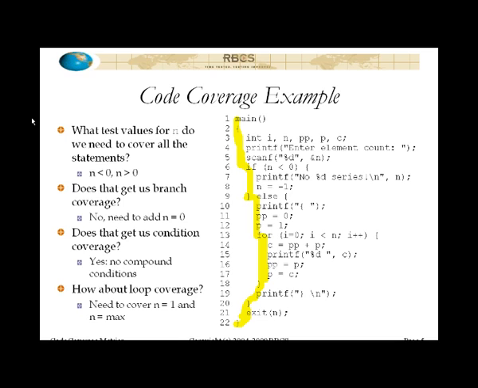Now, will this get us condition coverage, multi-condition decision coverage, multi-condition coverage? Yes, in this case it does, because there are no compound conditions. So you have to have compound conditions for